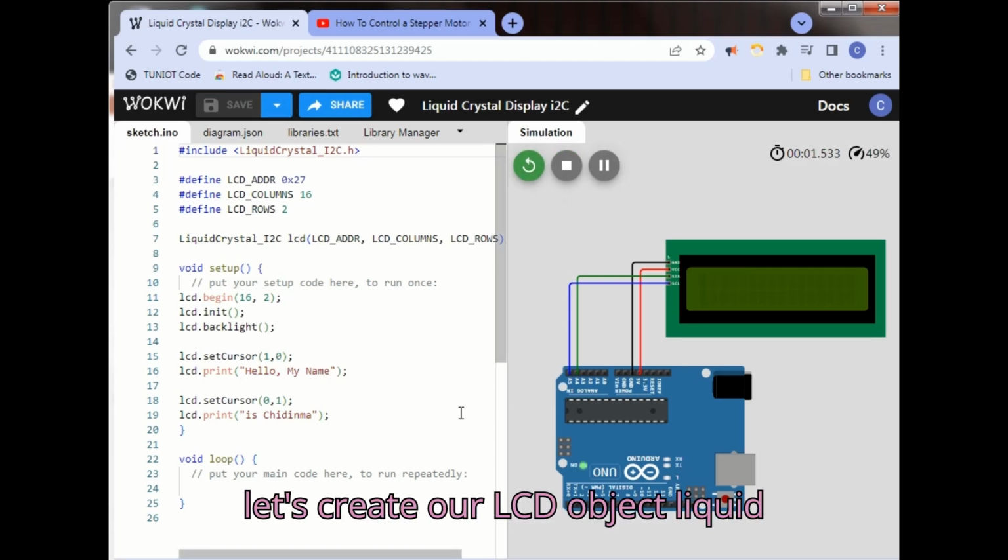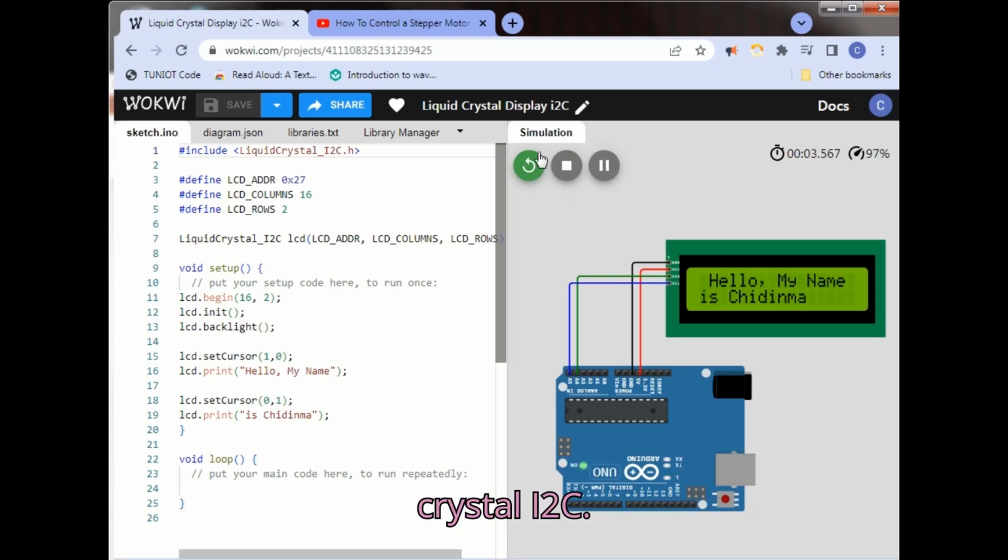Now, let's create our LCD object, LiquidCrystal_I2C